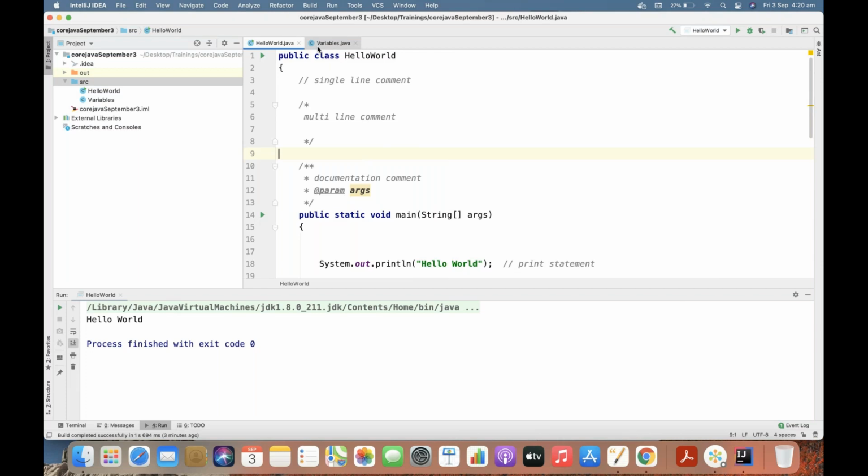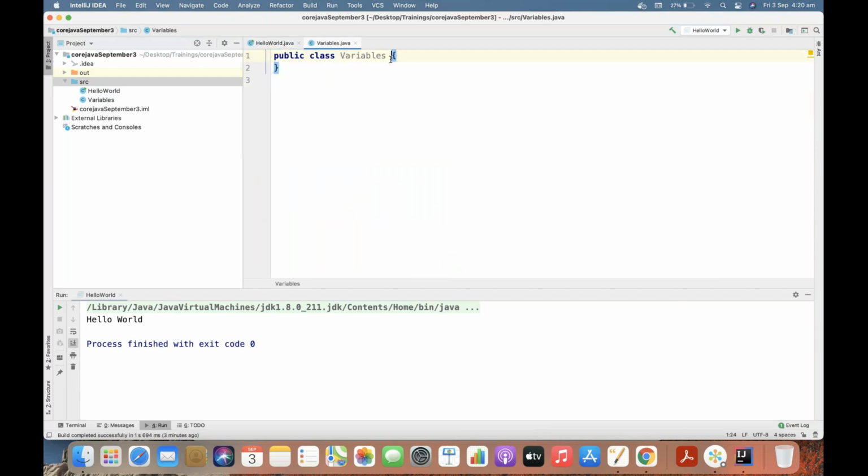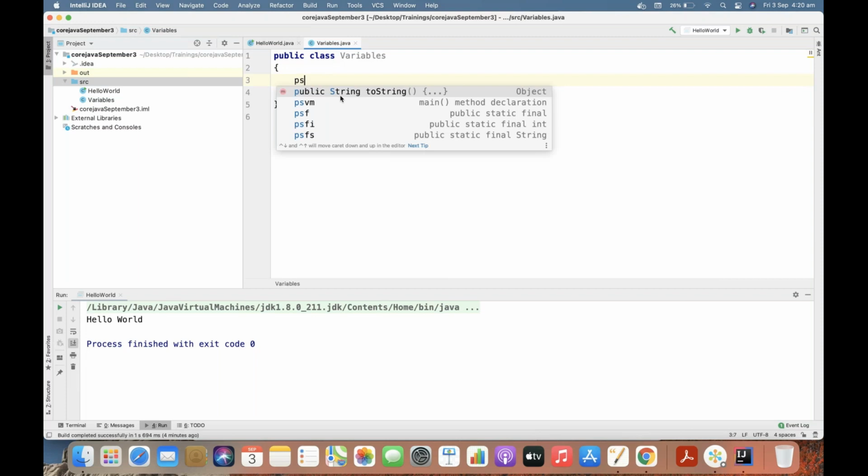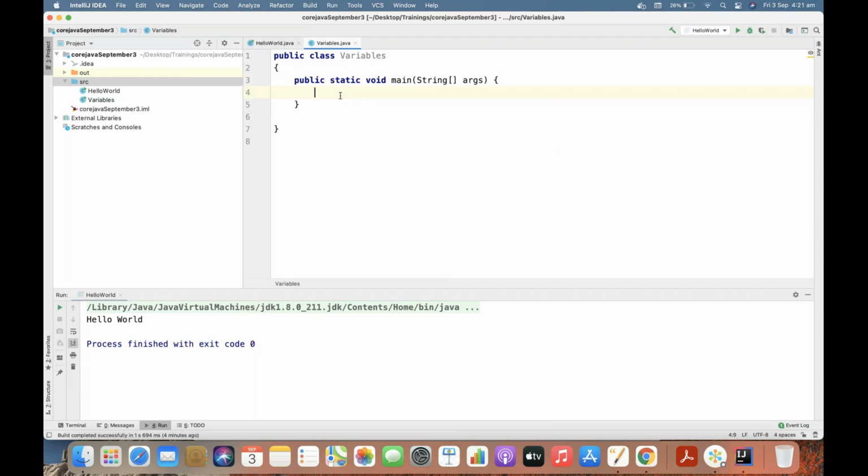Now I am declaring some variable. After creating a new class, what do I need here? A class will be generated like public static void main. What is that called? The main method, which returns nothing. Okay, so you can definitely use the shortcuts if you are a beginner, or if you have some hands-on experience, you can type on your own.